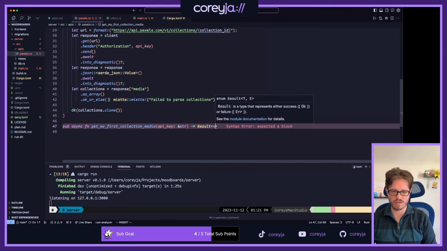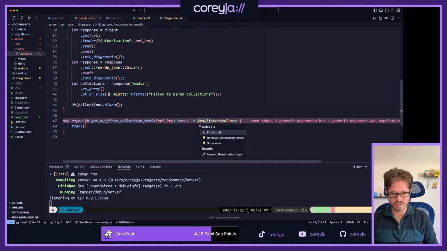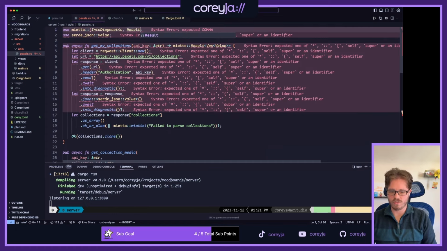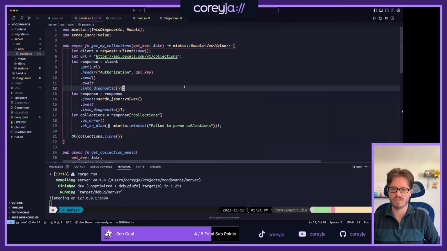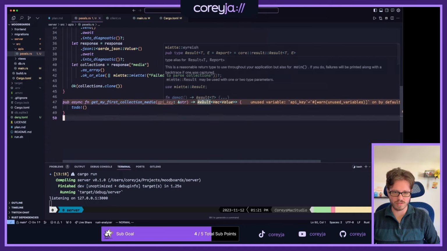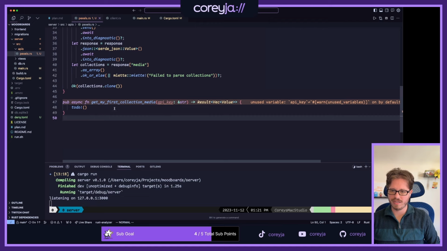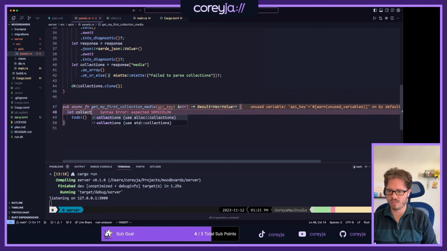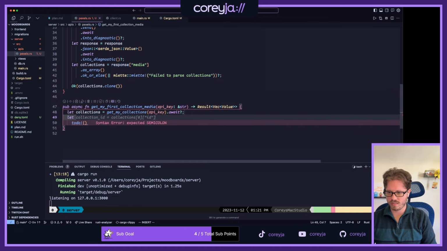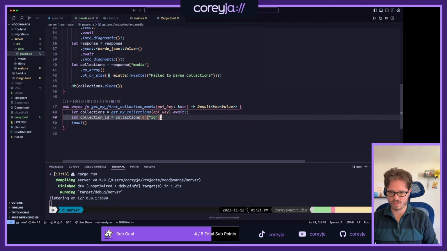A result of a vec of a value. Okay, I should just import this. The result never wants to auto import with Rust Analyzer, I think because it's hard coded to mean something special and doesn't ever autocomplete, which is slightly annoying. I also could be wrong about that guess. Let collections equal get my collections. Let collection ID is the first thing there, except